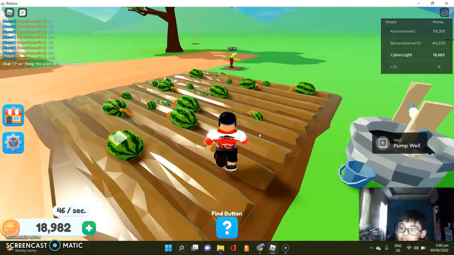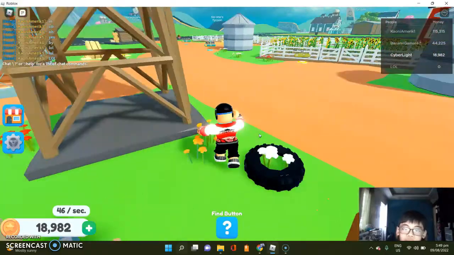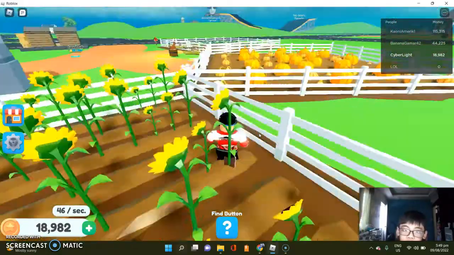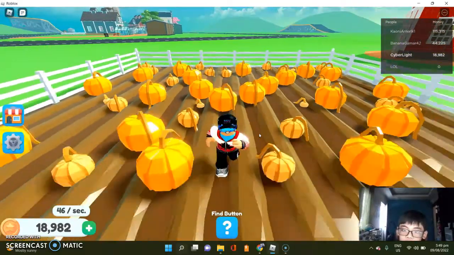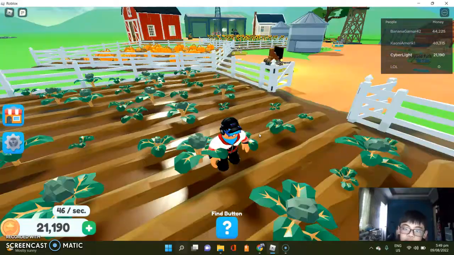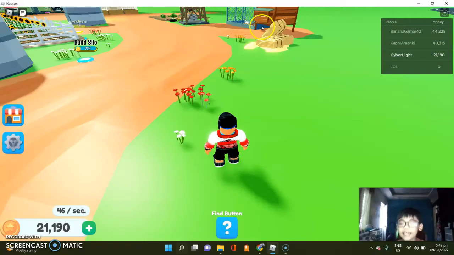So first, over here is my watermelon field or patch. And over here is my sunflowers. Cool, right? And over here is my pumpkin patch. See? Growing lots of pumpkins. And over here, I have broccolis. And over there is my